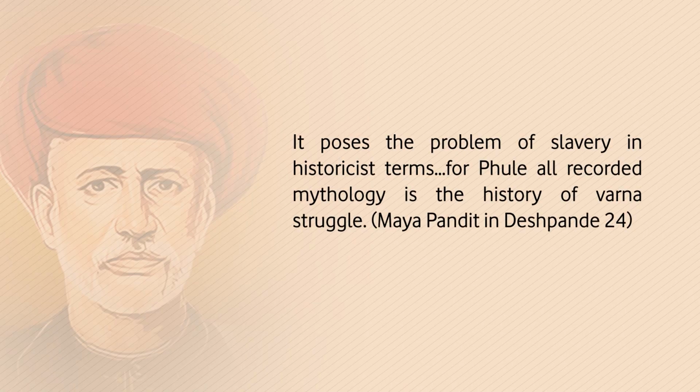Maya Pandit, who has also translated Phule's works, rightly points out how Phule's works, especially works like Gulamgiri, pose the problem of slavery in historicist terms, where slavery is not related only to color, but in this case it has a different meaning. And Pandit rightly points out, for Phule, all recorded mythology is the history of Varna struggle. So, Phule proposes that there is nothing like the four Varna system, but there are two categories that are operational. One is the people who are powerful, and the other is the people who are completely disempowered. So he says that the people who are powerful are the Brahmins,